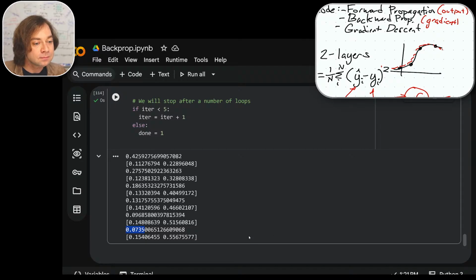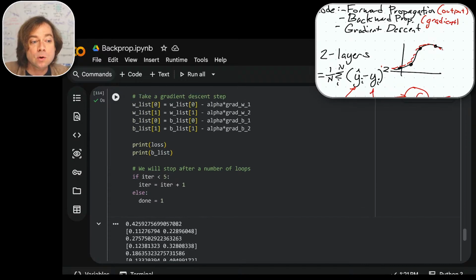How about that? And we're ticking up, up, up. Look at those biases right there. They're actually changing pretty significantly. All right. And right now we're only doing 5 iterations. Who says we only have to do 5? We can just make it 10. And theoretically, we can just change it so it's a threshold, so it only stops when the gradient gets small enough. So